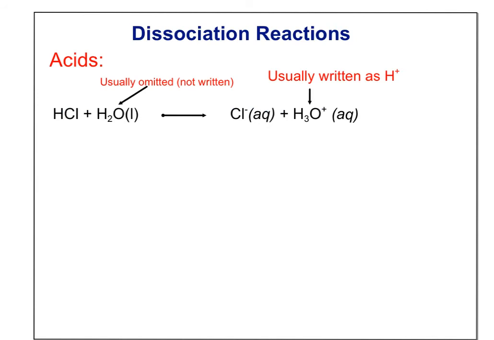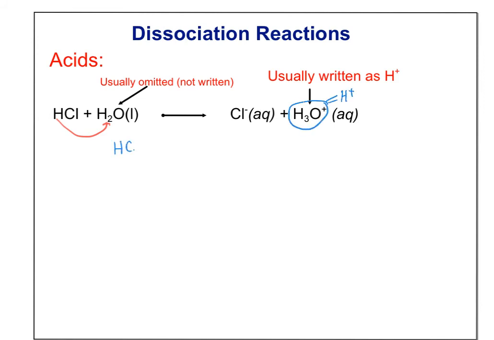So here's how we write dissociation reactions. Let's do acids first. We take our acid, HCl, plus H2O liquid, and we know acids donate H pluses, right? So it's going to donate this H plus to form H3O plus, and then what's left over? Cl minus. How else could I write this? Usually we don't write the water. Well, for a dissociation, because we know H3O plus is the same as H plus,